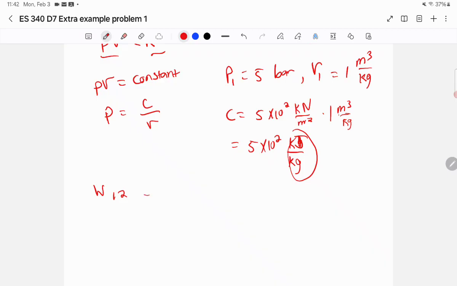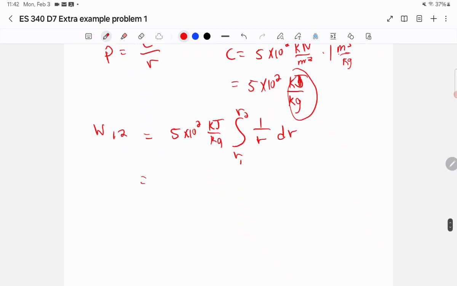And that's going to be equal to this C, which I'm going to pull out of the integral, 5 times 10 to the second kilojoules per kilogram, times the integral of 1 over v, lowercase v here, dv, from v1 to v2. Okay, so this is equal to 5 times 10 squared kilojoules per kilogram times the natural log of v2 divided by v1,